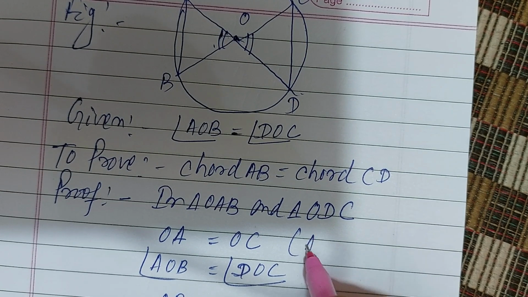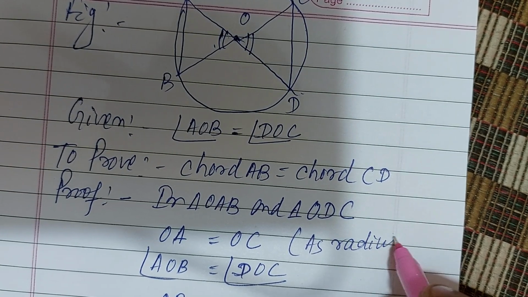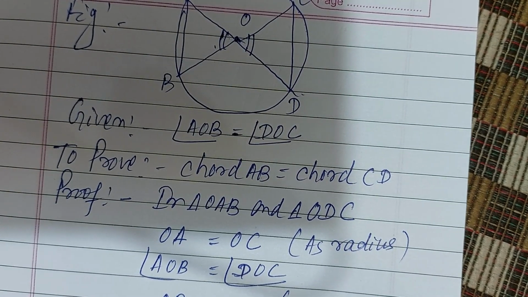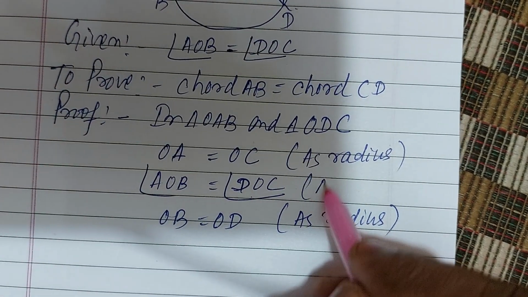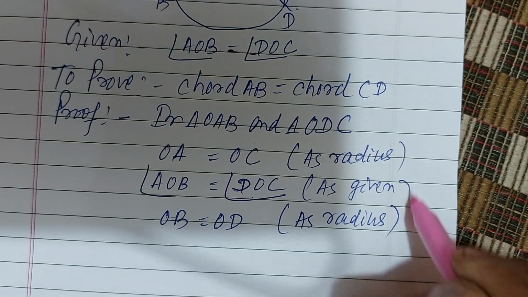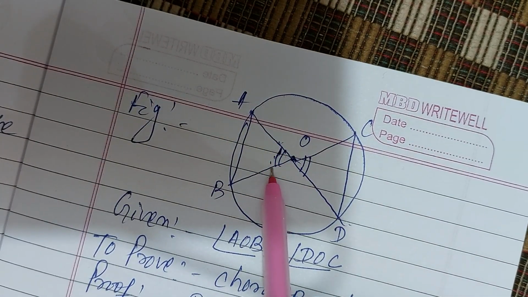These are radii of the circle, and the angle is given as a condition. So by side angle side